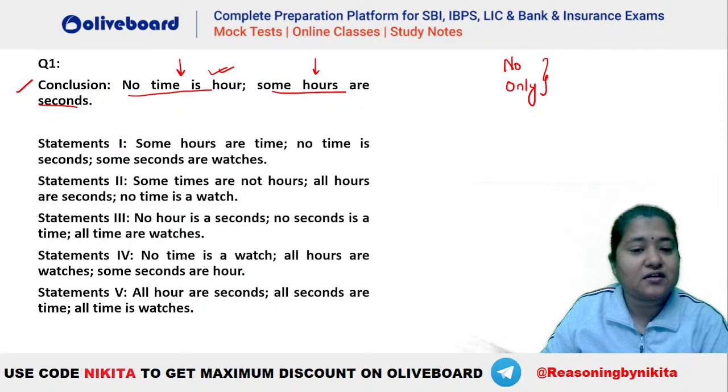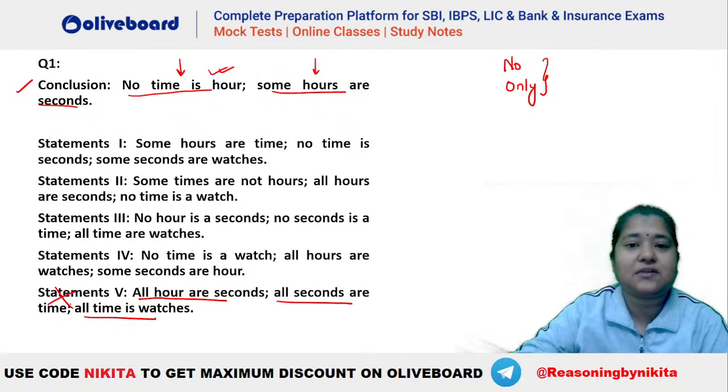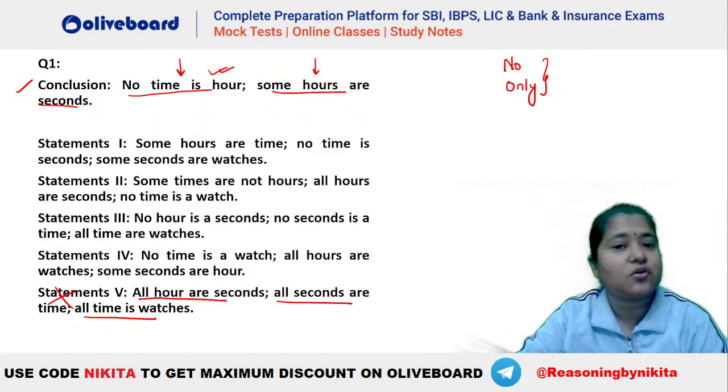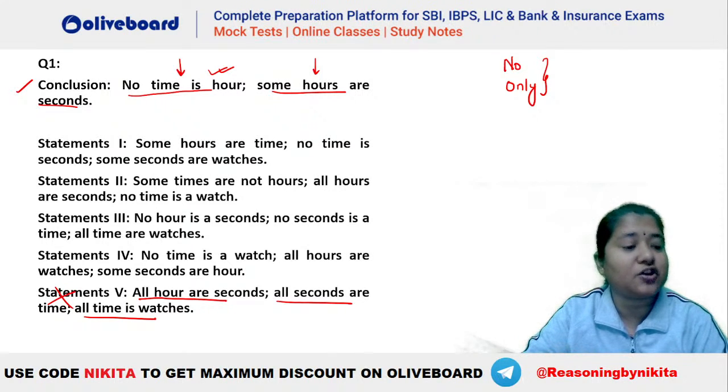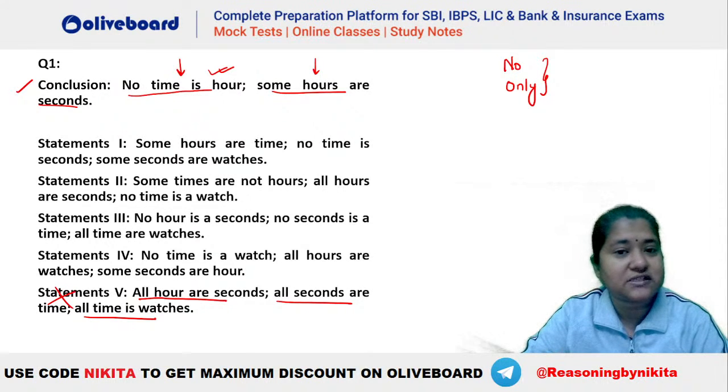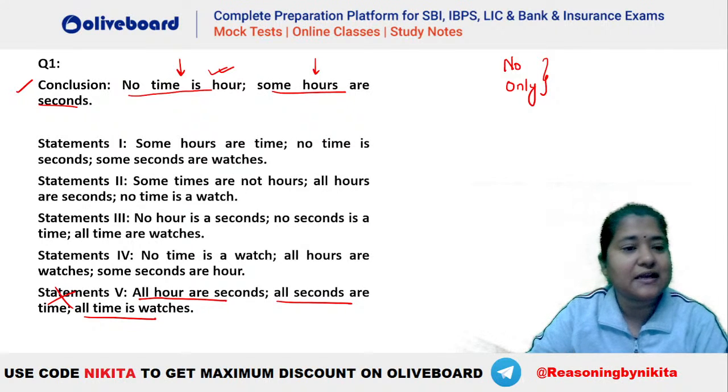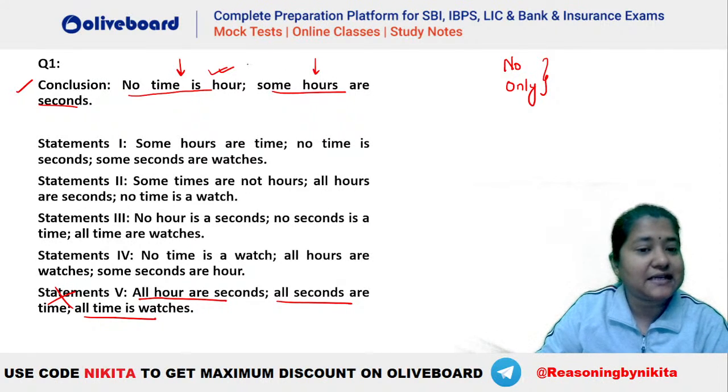Now, if you check here, you can see the last one, statement number 5. If you check statement number 5, you can see everything is positive in nature, isn't it? That means it can be eliminated because as per the rules, we know that from a set of positive statements, we can never have a definite no, right? Definite negative. So from a set of positive statements, we cannot have something which is negative in nature, right? Similarly, can we eliminate anything else also?